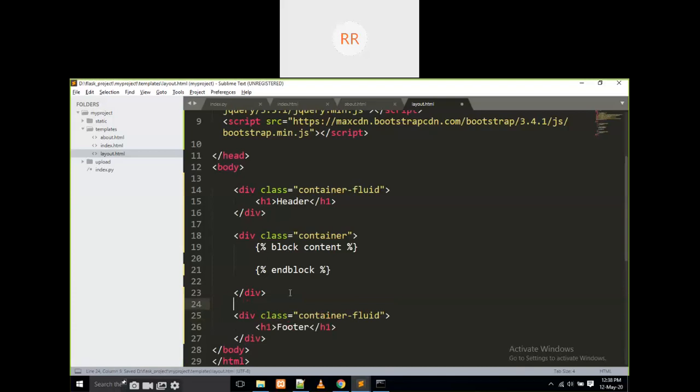Okay, I will comment it. This is the comment line in HTML. Footer content. This is footer content.